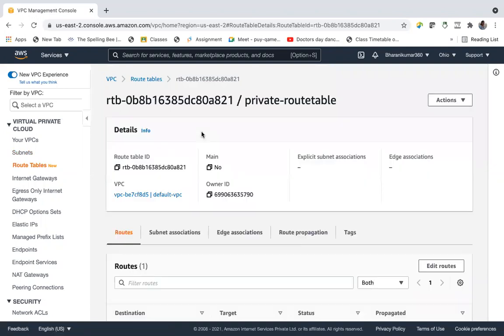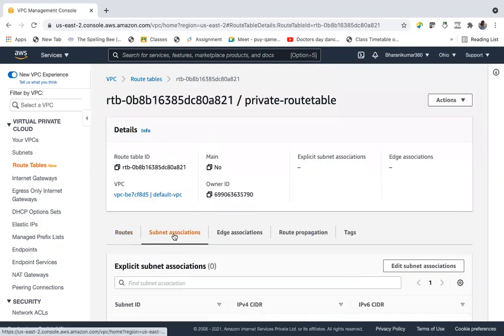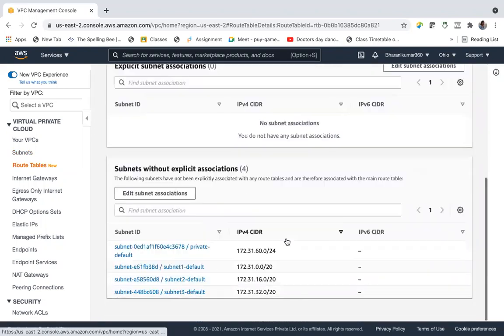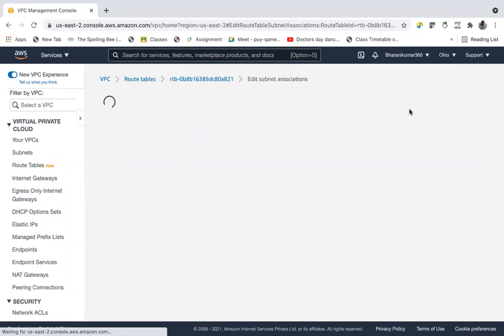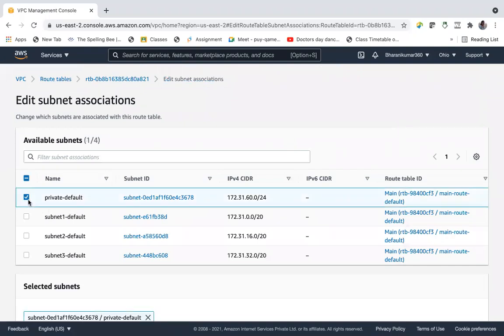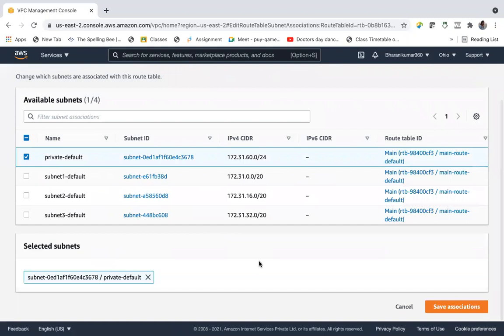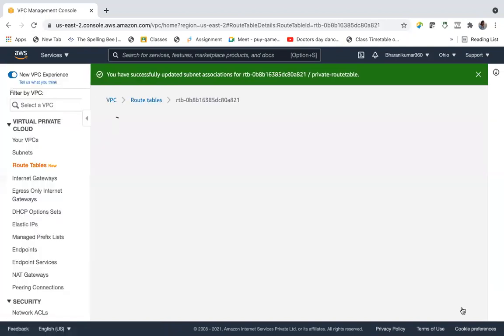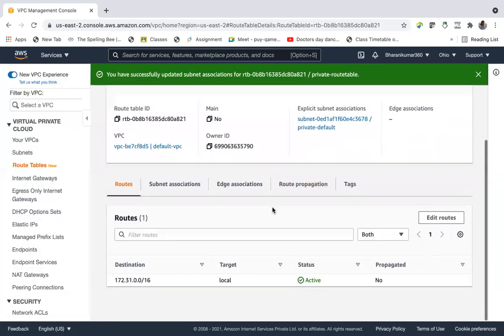Go here. First subnet association. Edit subnet association, and choose private default. Let us choose this and save association. Right, guys?